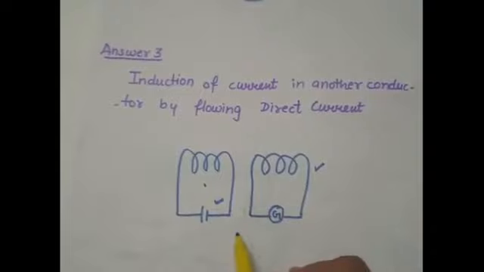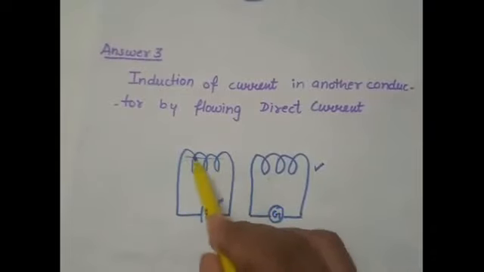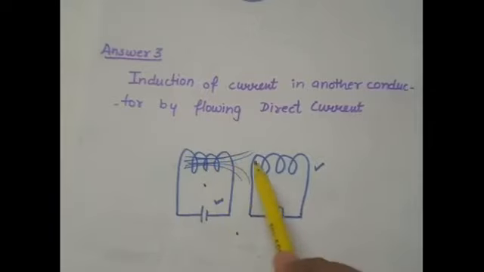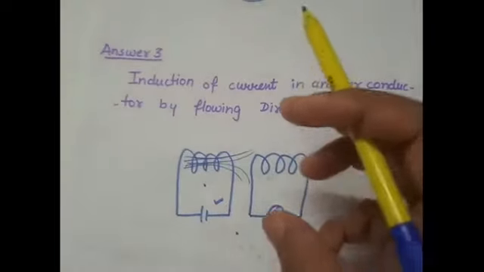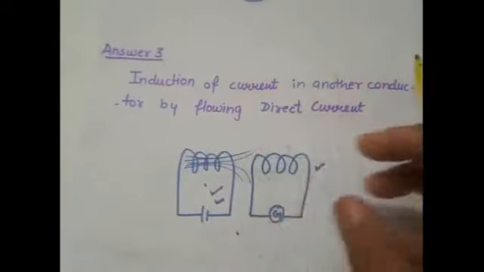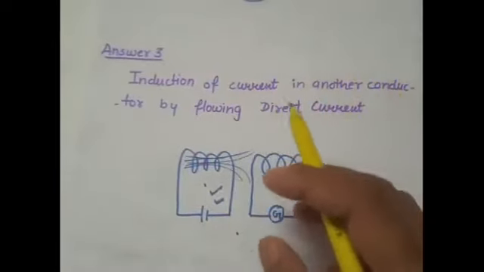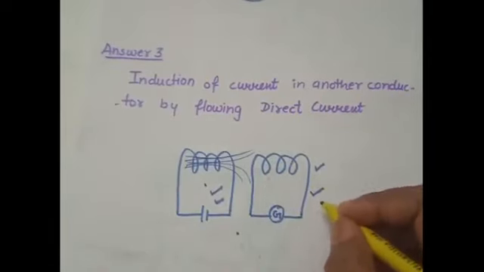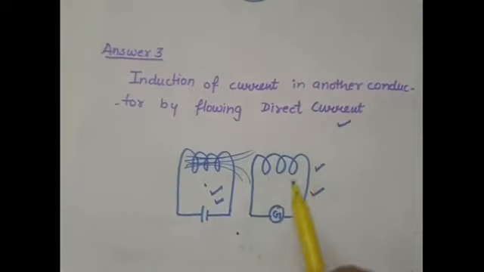So when we do this, the magnetic field lines which are present here, that will also pass through the second coil, will change rapidly. That is what we wanted, to induce the current in the circuit. So when we move this secondary coil near this very rapidly, this to and fro motion, induced current will be there in the circuit. So this is one method by which, with the DC source, we can induce the current in another circuit.